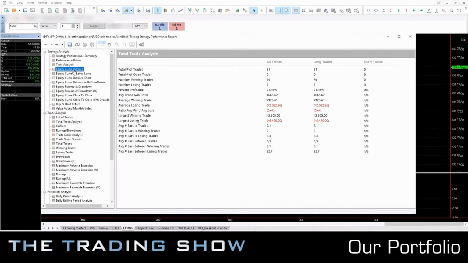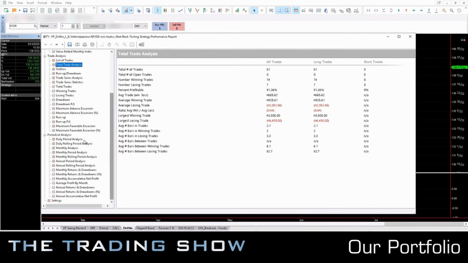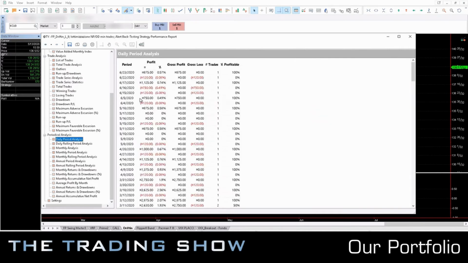This one is the long-term equity line, which is very regular. This week the system made money, but not a lot actually. We are talking about